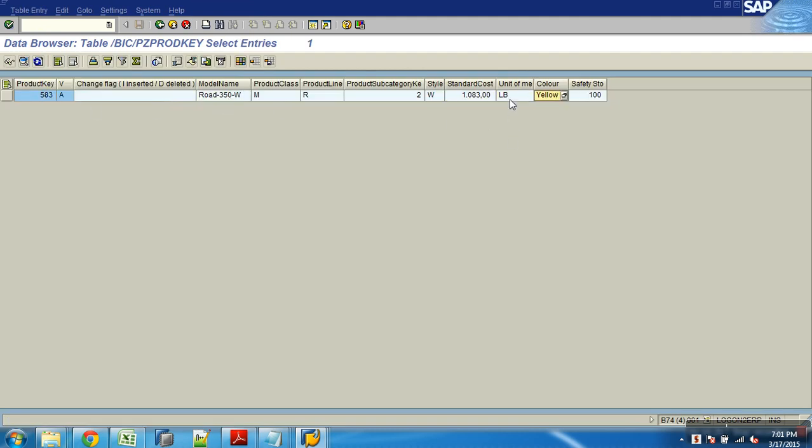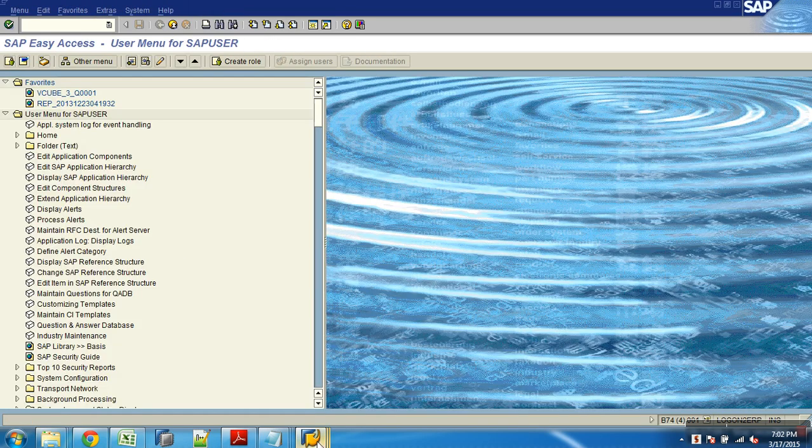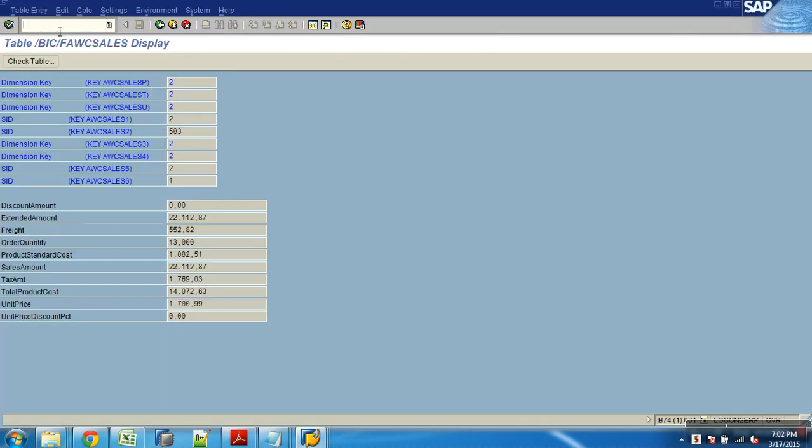And the color is yellow, and the measure is LBs, and this is what. And product subcategory is 2. If you want to know what the subcategory is, again I can open the P table of subcategory and find the details on it. So did you understand the data, what is loaded, how it is structured in the backend? This is how you can load your master data or attributes and text or your transaction into the cube. Fine. So now we can start running some reports on top of this schema. Any doubts? So you understand the schema, how it has been filled?